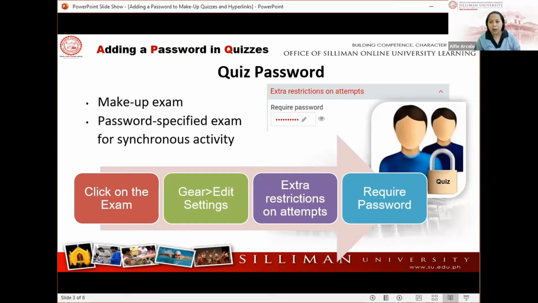Also, if you are a teacher who usually does the exam within Zoom or Google Meet, you could make use of it so that the students will have to start together. Even if the exam is already available, they cannot start without the password. So how would you be able to do that? We will just go to,